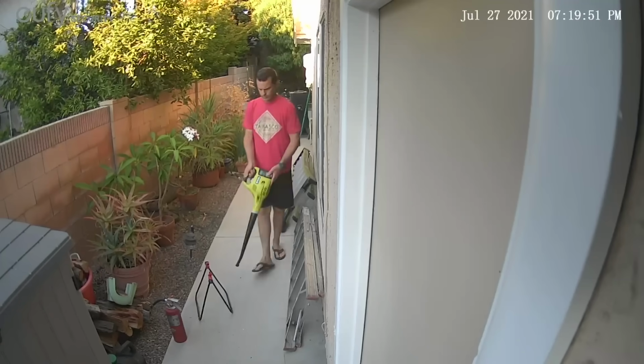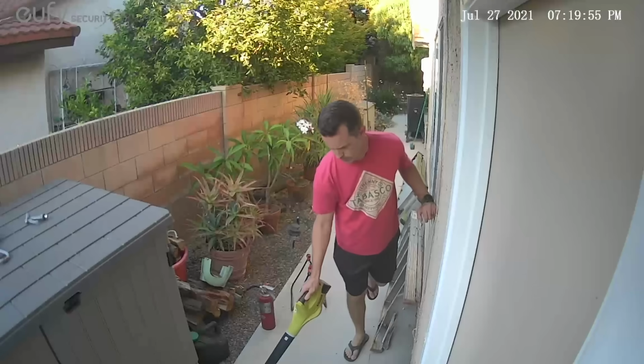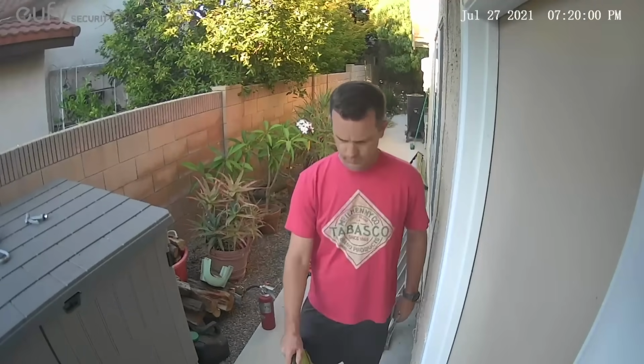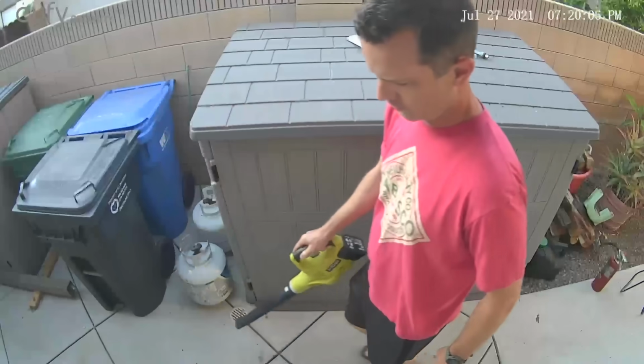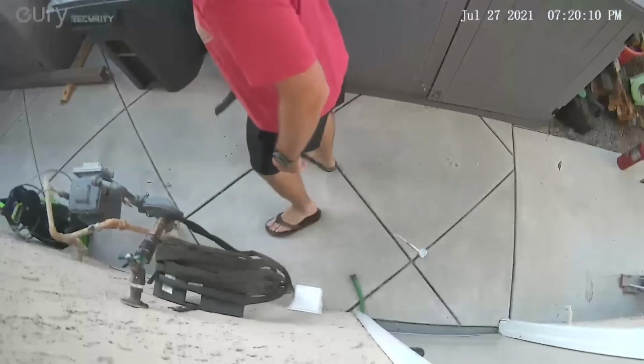So when it detects motion anywhere in that 360-degree view, the camera will swing around and start tracking that object. So here it's tracking me, and this actually illustrates another thing I was pretty impressed with. A lot of the other cameras that are panning cameras tend to lose people when they get this close to the camera. And this thing still did a pretty good job of panning back and forth and keeping me in